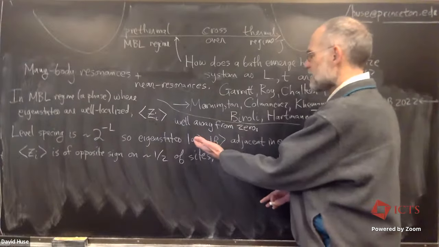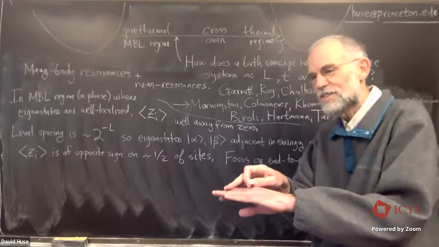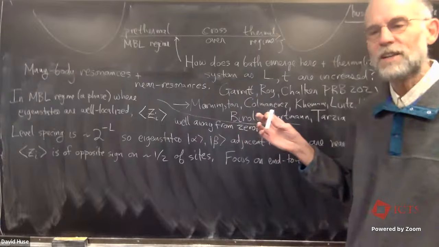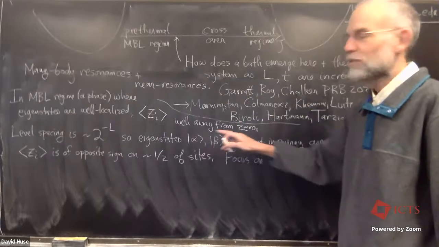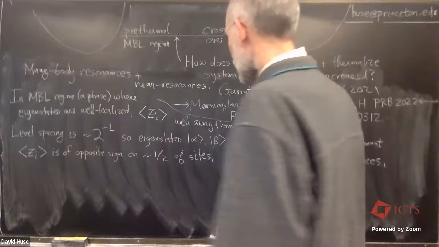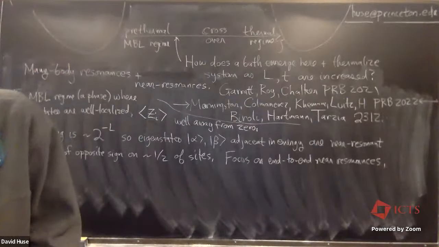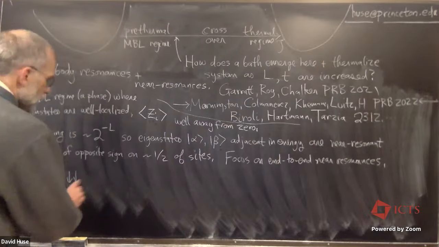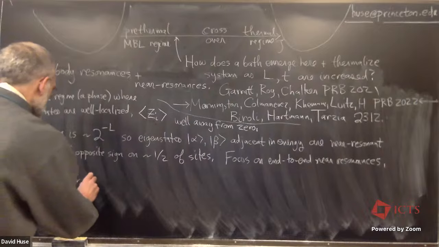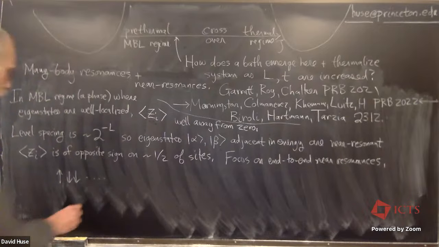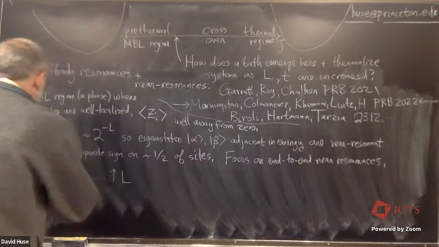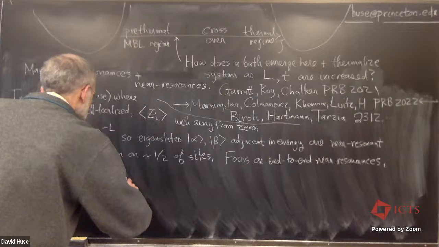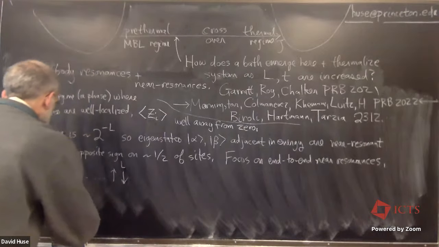So there are two eigenstates, alpha and beta. They're adjacent in energy, and the end spins are of opposite sign in their expectation values between alpha and beta. Okay, and so what that looks like, for example, is you would have up, down, down. So this would be site 1, 2, 3, to site L, and then plus